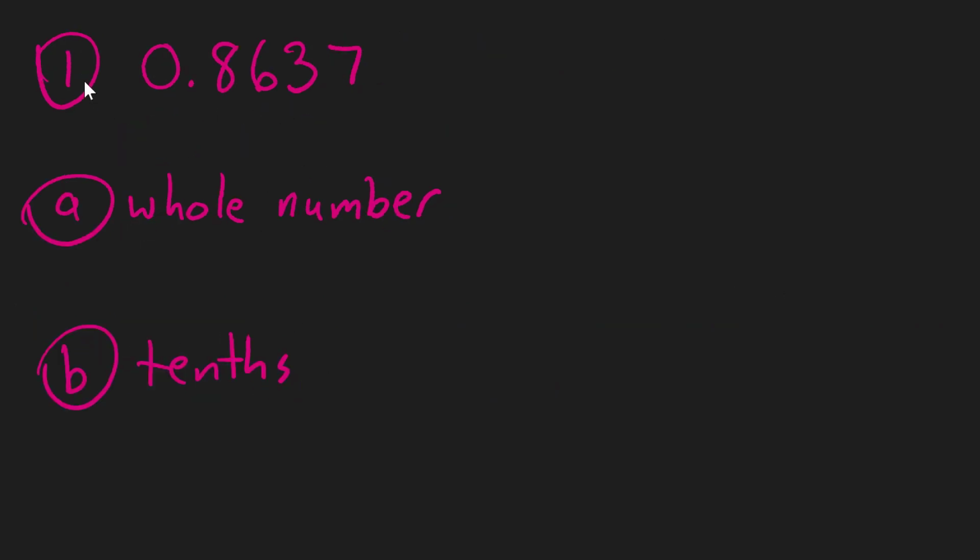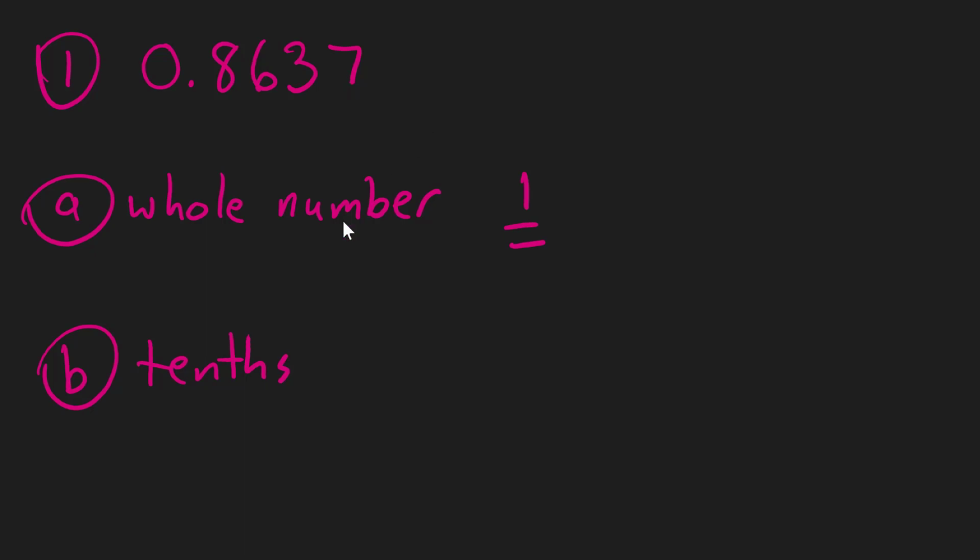So to round to the nearest whole number, we need to round to a number that has no decimal value. So we look at the ones place and we see that it's a 0. And so the question is, do we round down to 0 or do we round this number up to 1? And to answer that, we look at the next value over, which is 8, and we ask ourselves, is this number greater than or equal to 5? And the answer is yes, it's greater than 5. And so when we round this to the nearest whole number, we round up